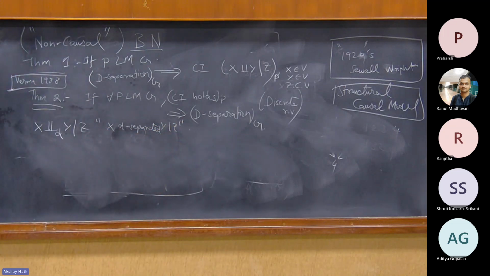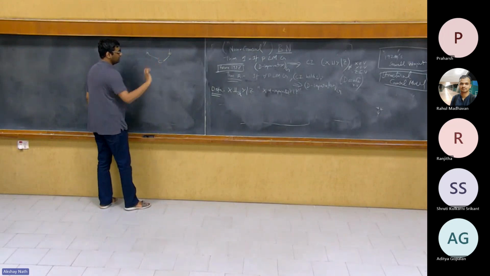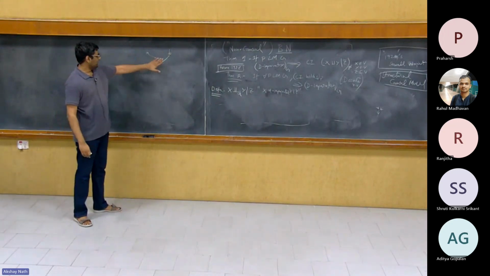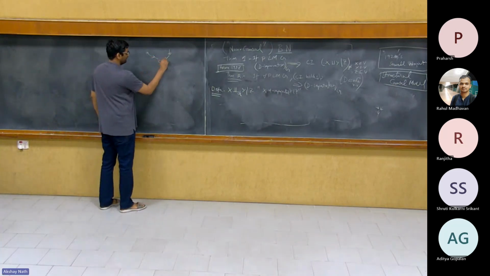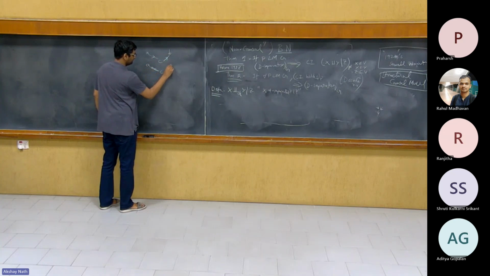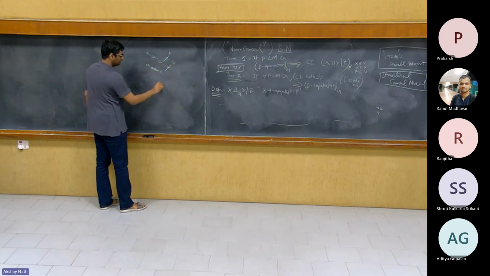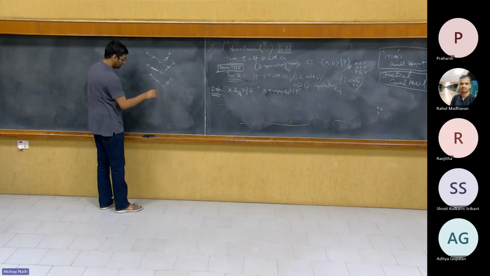Okay, so before we go into the definition, which is a very complicated one, let me give you some examples to get you an intuition of where this definition actually comes from. Now let's take three variables, A, B, and C, where A and B are not connected in the graph. Okay, there's an edge between them. I have not told you what the orientation is. What are the possibilities? You can have an arrow like this, or equivalently in this way the mediator, or it's a common parent, right? Or it's a common child.